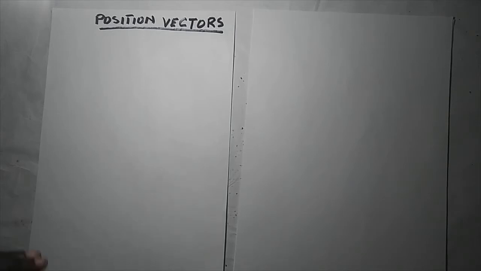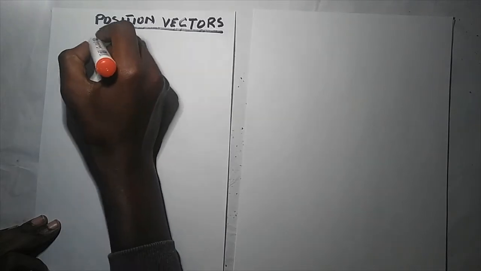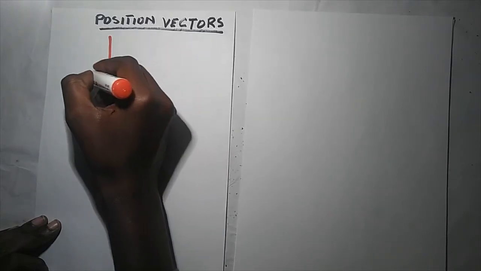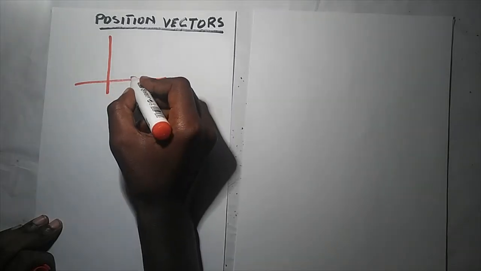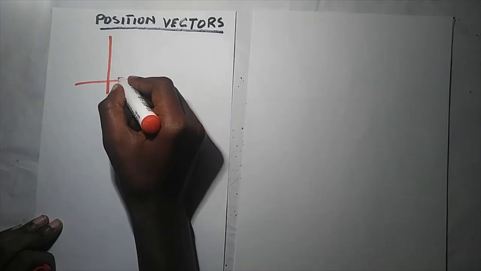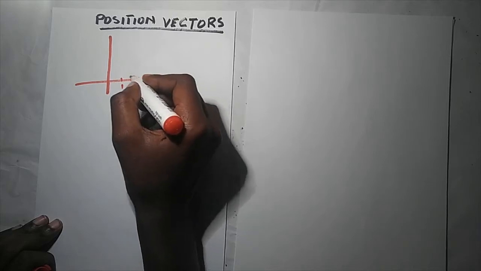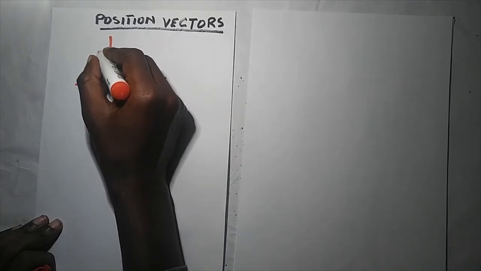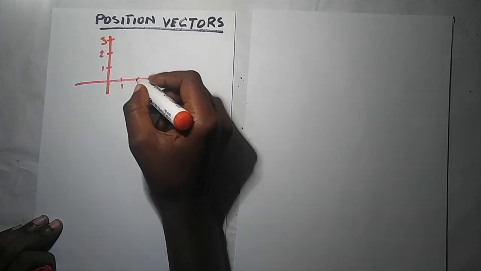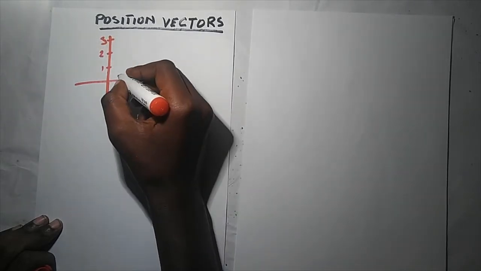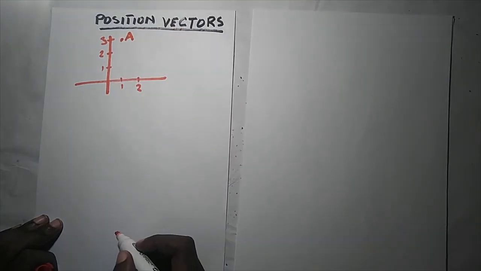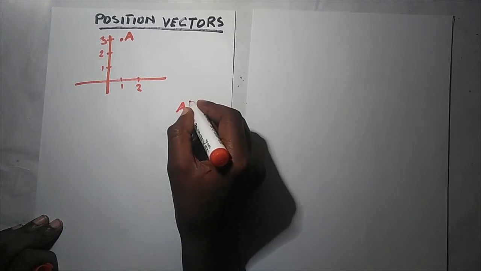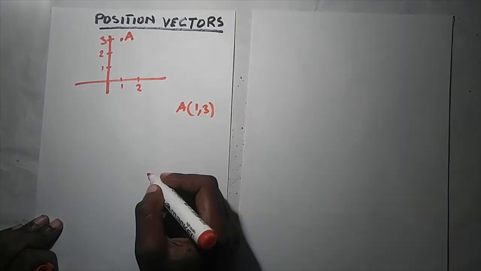So what you have is the xy plane. Here is the xy plane. Okay, so suppose you are given the coordinate A. Let's say this is 1, and then here you have a 2, then here you have 1, 2, and then you have a 3 there. And let's say you are given the point 1,3 here, A, 1,3. So if the point is 1,3, then the position vector